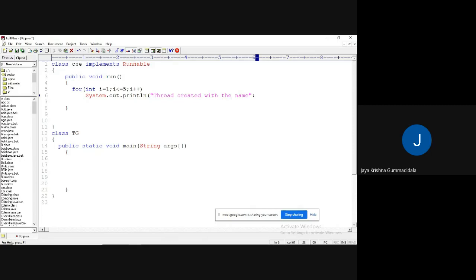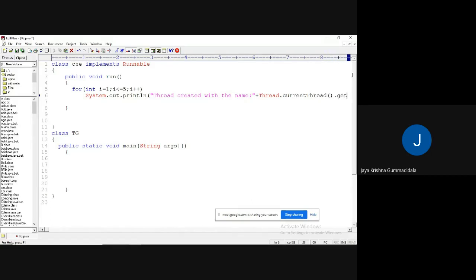Guys, do you know how to get the thread name? I have already clearly explained that. Thread dot, I would like to know which thread? The current thread. Thread.currentThread is a method.